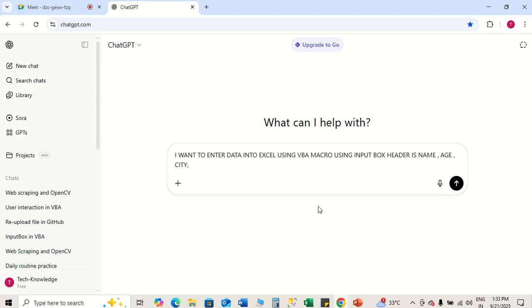If you want to put more, like company, then if you want to put department. So now I want to enter data into Excel using VBA macro using input box. Header is name, age, department,